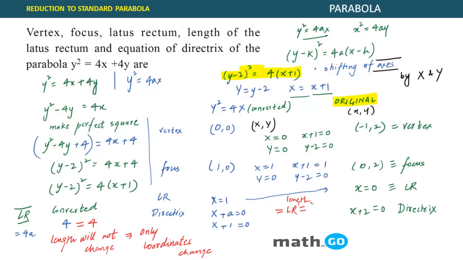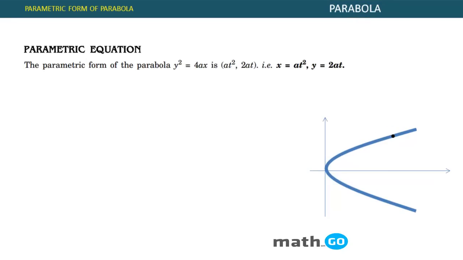This is how you solve, or in fact reduce, an equation to our standard parabola. Okay, I hope this point is now clear. Now you can find all these properties for any parabola that is given to you. Okay, so the next thing that we have to do is the parametric form of the parabola, or the parametric coordinates